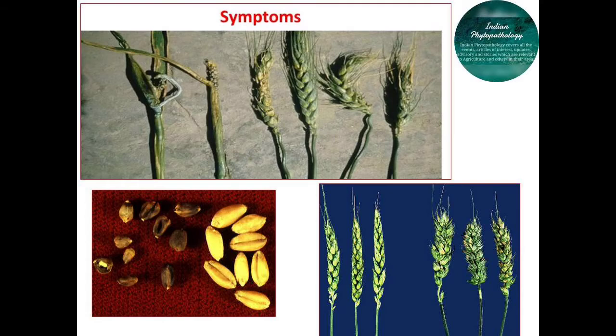In the distorted earheads, dark galls are found in place of kernels. That means, as you can see in the image at the bottom right, there are kernels which are infected due to this Tundu disease, and the kernels were replaced by galls which were formed by Anguina tritici. The bacterium is associated with the nematode.